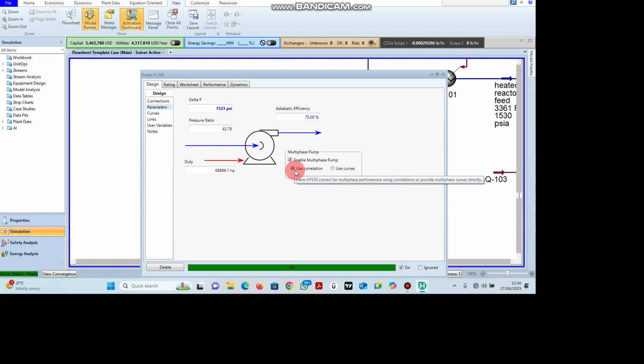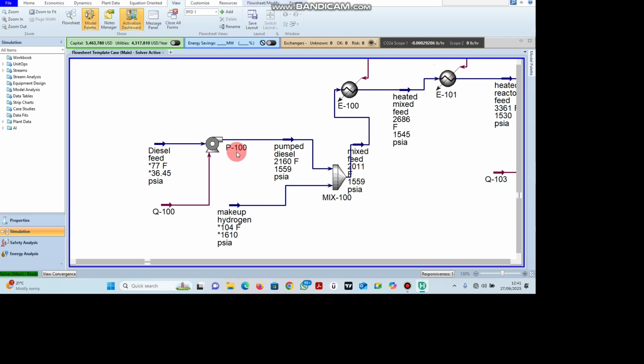You don't want to destroy your pump, right? So a pump with multi-phase pump mode enabled, which uses a correlation, helps you reduce the risk of destroying your pump. Remember, pump cavitation is a problem in the industry. So now